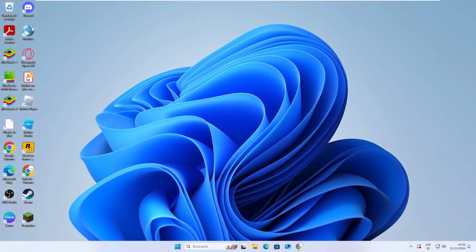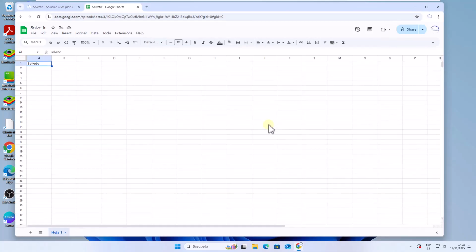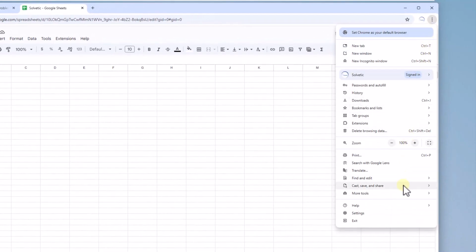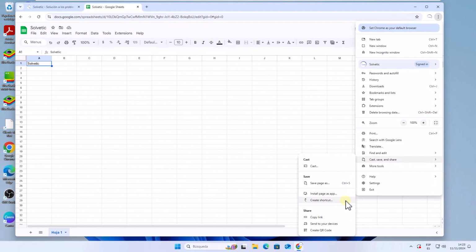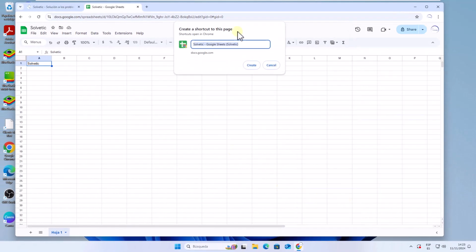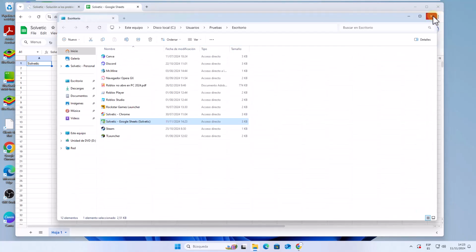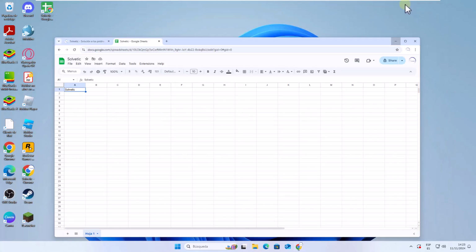Today in Solvetic, we will see how to create a Google Sheets desktop shortcut. Open the spreadsheet file, click on the menu, and then in the option Cast, Save, and Share, select Create Shortcut. In the pop-up window, you can define the name. To complete, click Create. A browser window will open with your shortcut, and on the desktop, you will see the